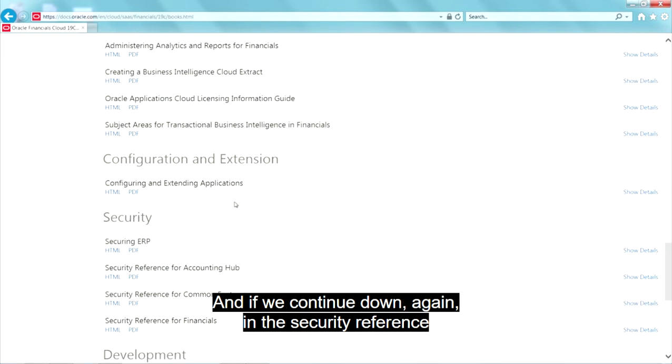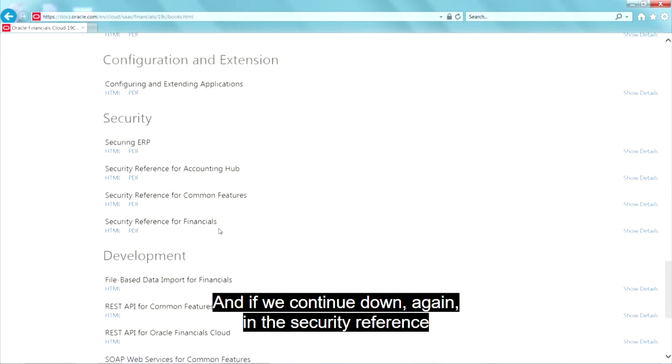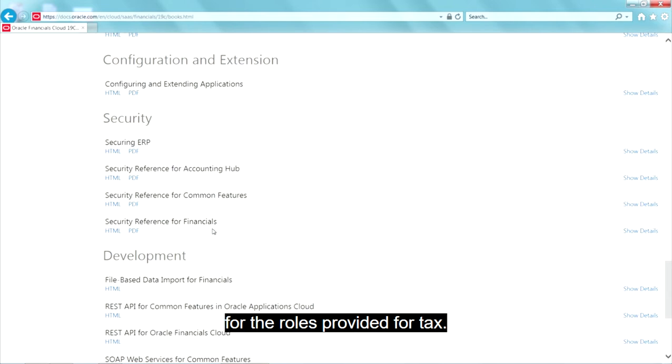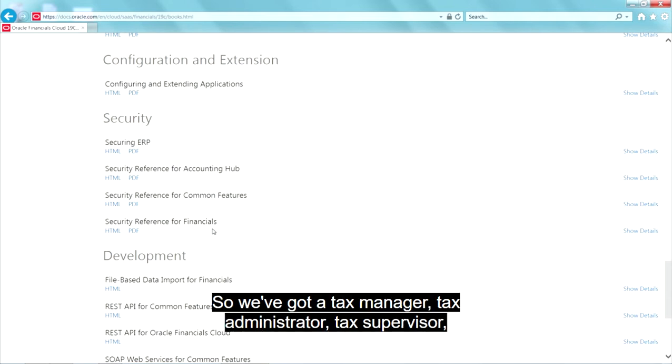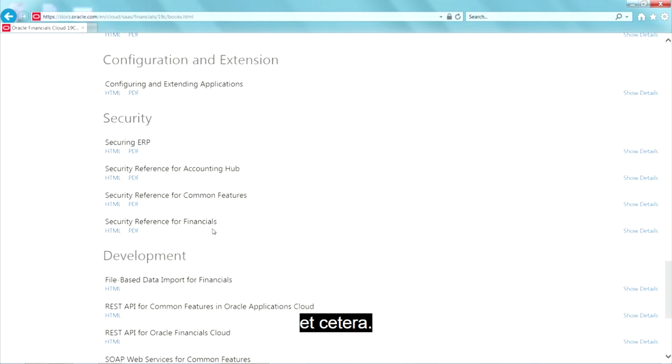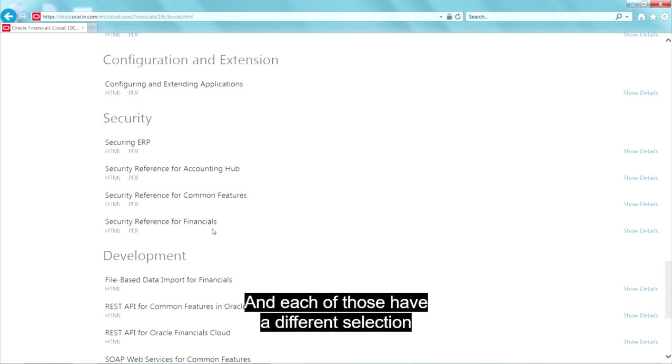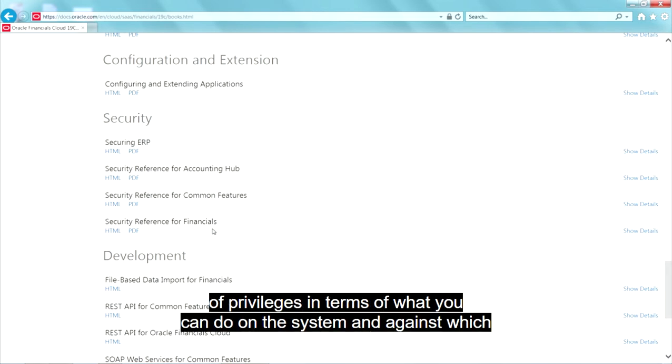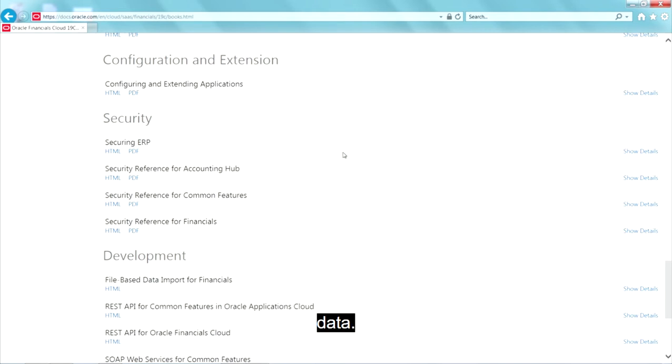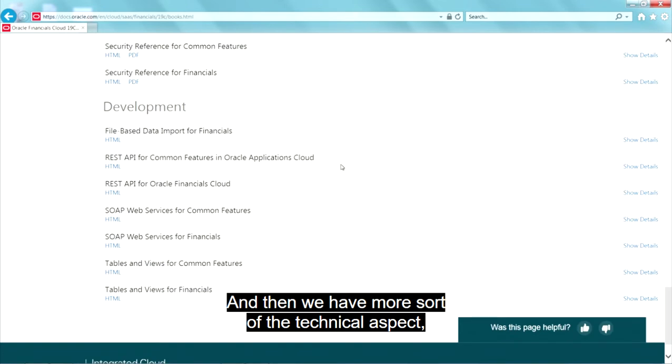And if we continue down, again, in the security reference, there's a whole manual showing you all the duties and privileges for the roles provided for tax. So we've got a tax manager, tax administrator, tax supervisor, etc. And each of those have a different selection of privileges in terms of what you can do on the system and against which data. And then we have more of the technical aspect